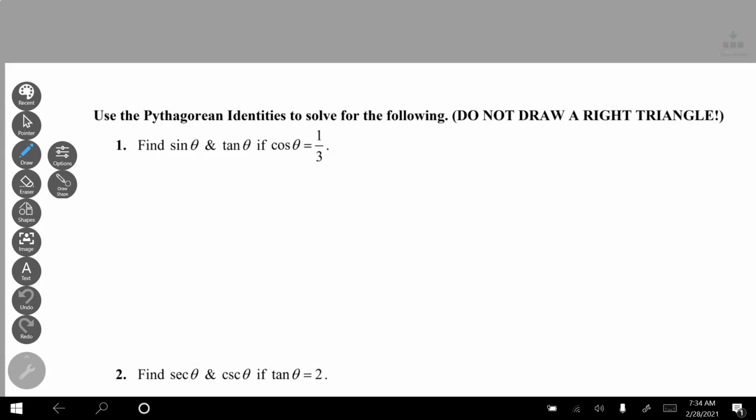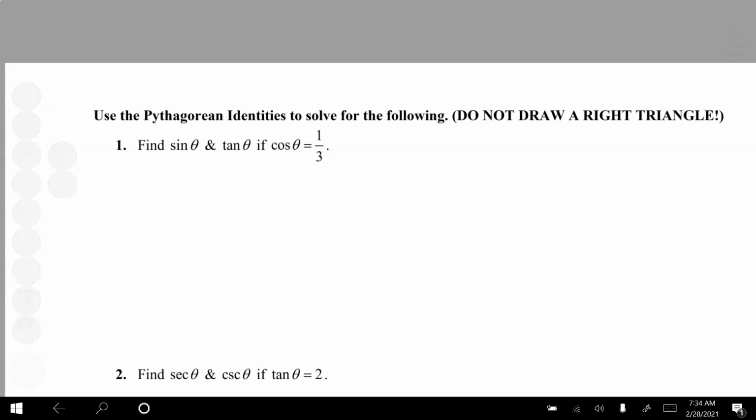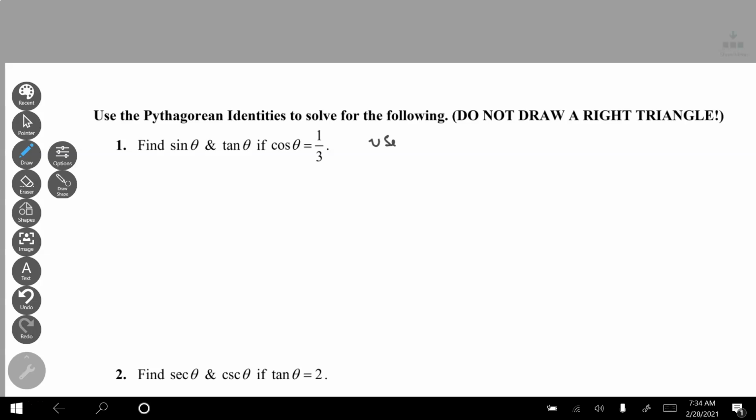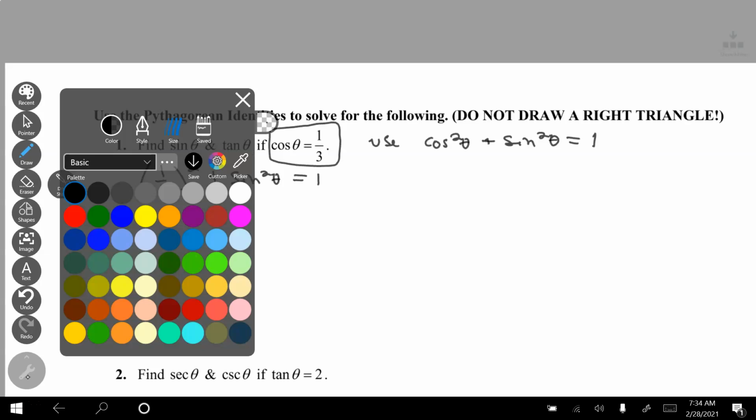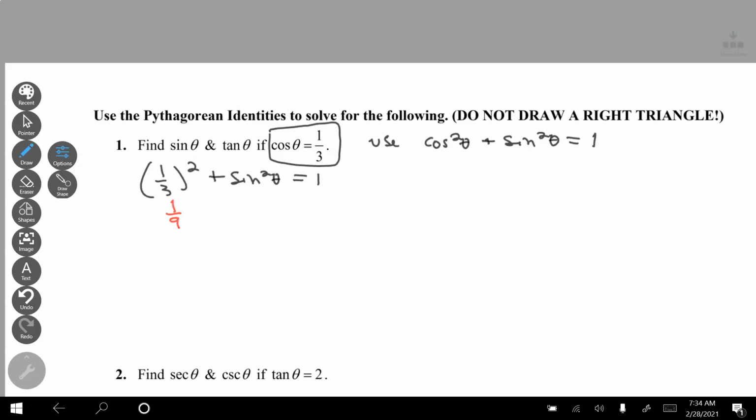For the first two examples, we're going to use the Pythagorean identities to solve for what we need to solve for, and I understand I could draw a right triangle to get the exact same results, and maybe that would be easier. But for this one, I'm going to use the identity of cosine squared theta plus sine squared theta is equal to 1, mostly because every time I see cosine of theta, I can replace it with 1/3. So that gives me 1/3 squared plus sine squared of theta is equal to 1. 1/3 squared is 1/9 plus sine squared theta is equal to 1. I could subtract the 1/9,